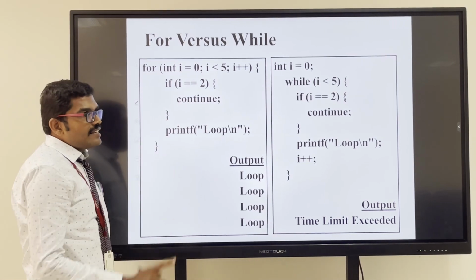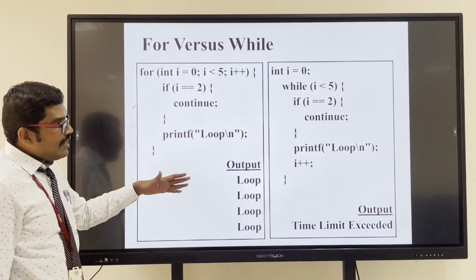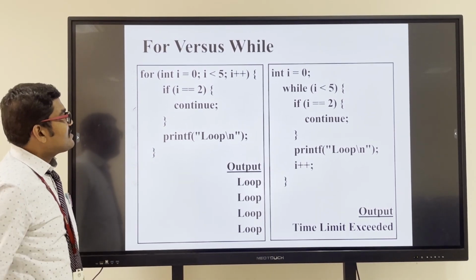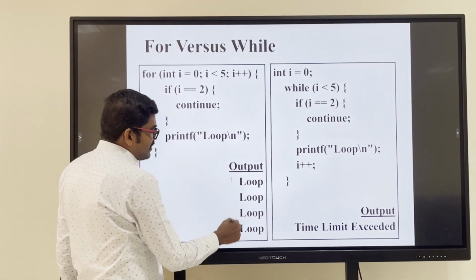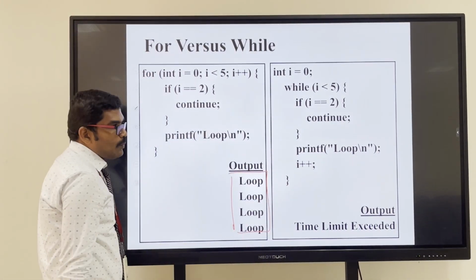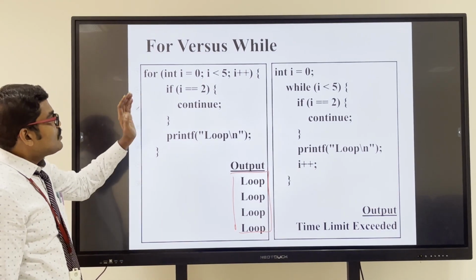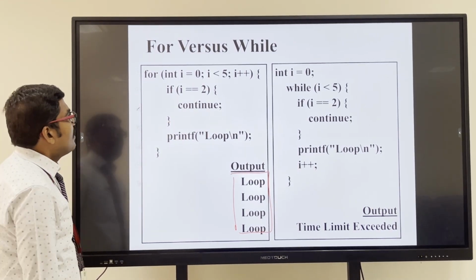Even though both are in the same category, same process, the output differs. Okay, just to go through this, everything is the same. My intention is I want to print loop like that. So just to check these two loops,